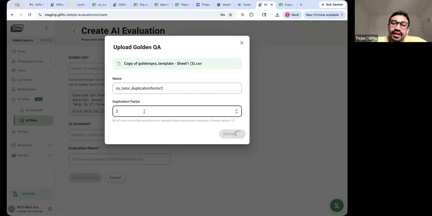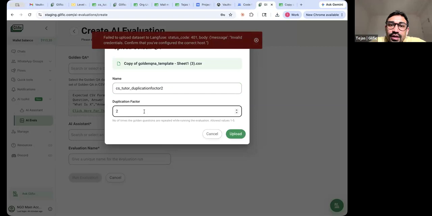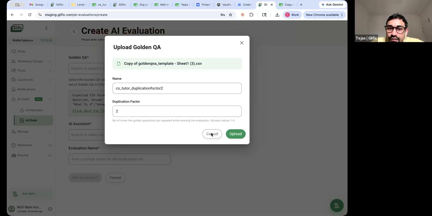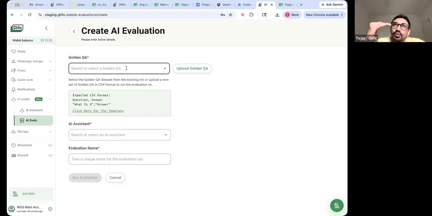And if you do 3, that will be repeated 3 times. If you do 4, it will be repeated 4 times. And when you use this particular duplicate, the golden set, each question will be asked that many times, and you should